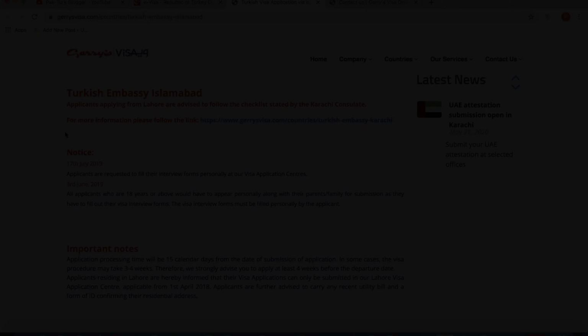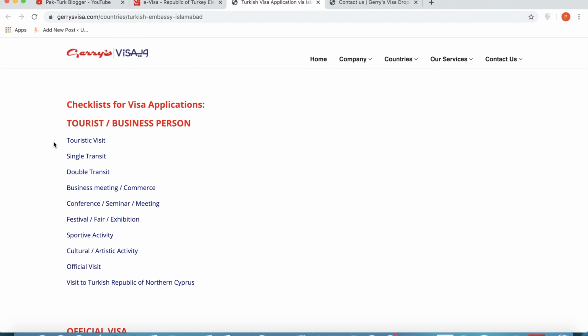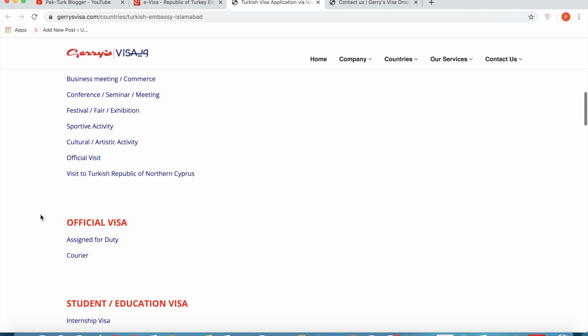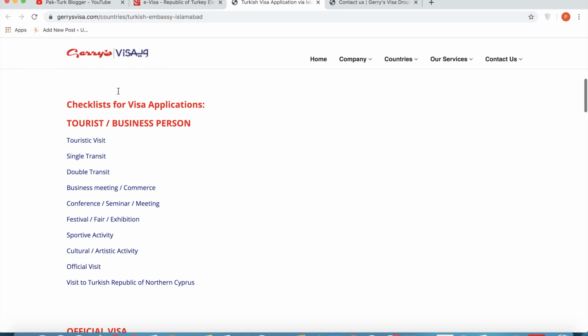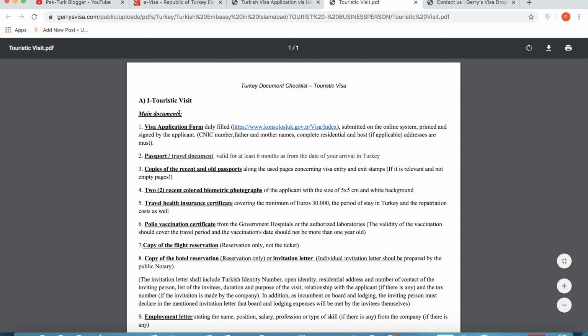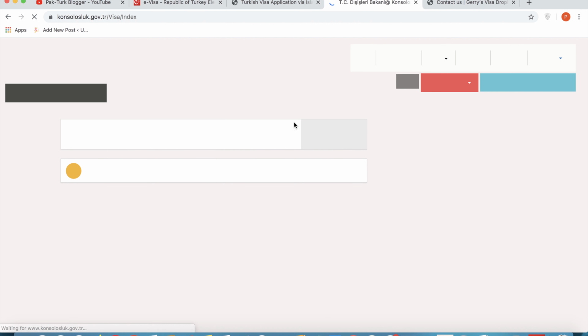So friends, here is what you need to apply for a visa. First, you need to check your visa application, which visa you want: tourist, single, double, business, conference, sportive activity. Once you select this, for example, let me select touristic visa, and here this document came. You need to fill your visa application form. Once you click here, you will go directly to this website,